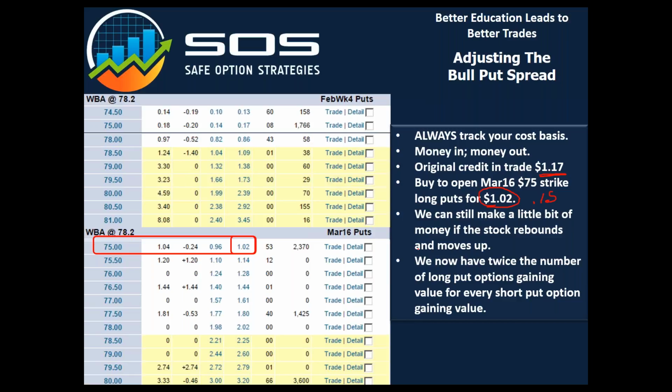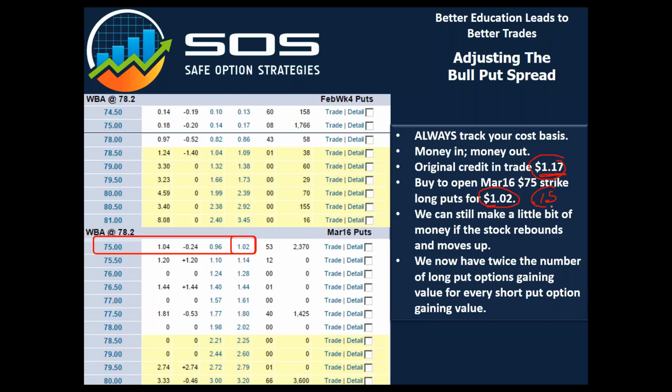If I could do this and still maintain a little bit of credit overall, to me, that's a better scenario than if I spent more than my net credit on that new set of long puts. Now, I might be able to get in this situation by